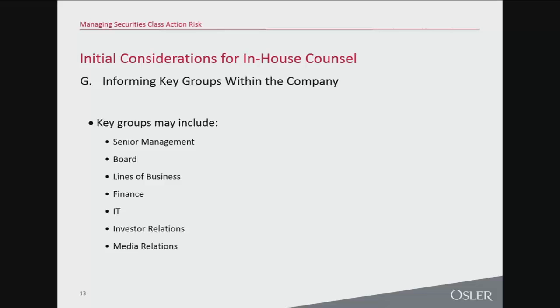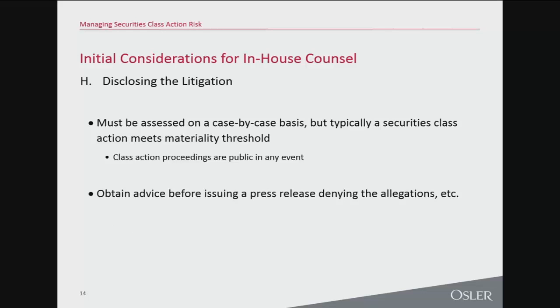Now, a significant issue that always arises with a class action against a public company is the question of disclosure of the litigation to investors. And let me turn things over to Matt to give us some perspective on that. Thanks, Mark. On both sides of the border, it's pretty clear that securities regulations require a company to disclose material